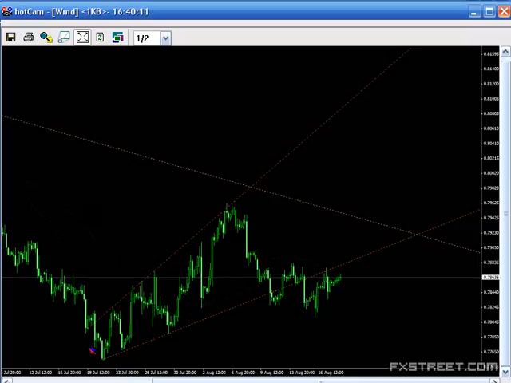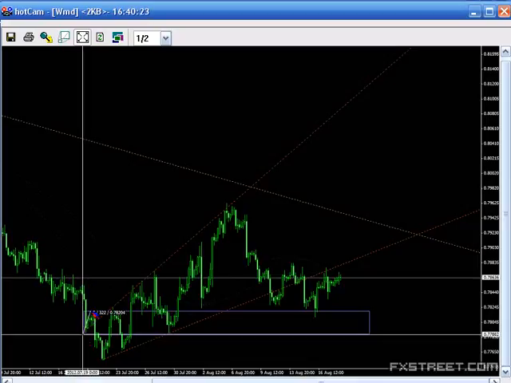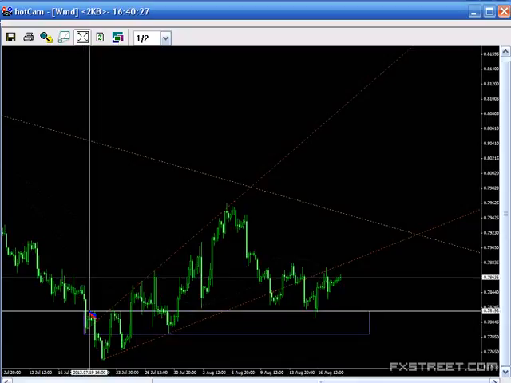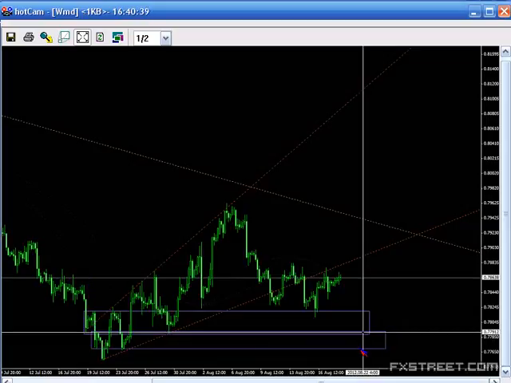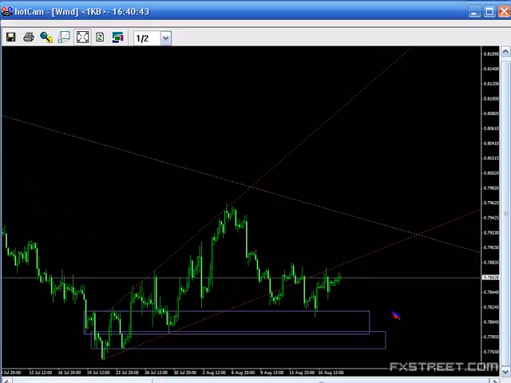So it's this cluster here, and that cluster comes in between 77.88 and 78.20. That's about 40 pips wide. And then there is a cluster just below that, and that comes in 77.70 up to 77.90. All right. So from a technical perspective, I rather suspect that as long as the price is able to hold